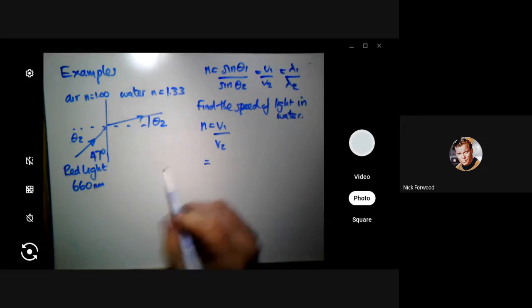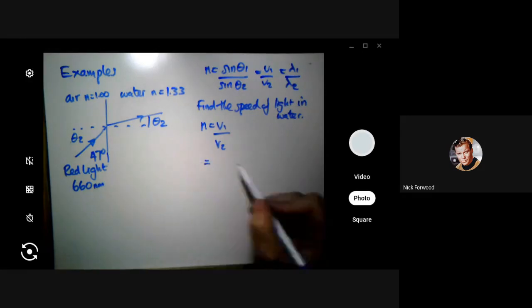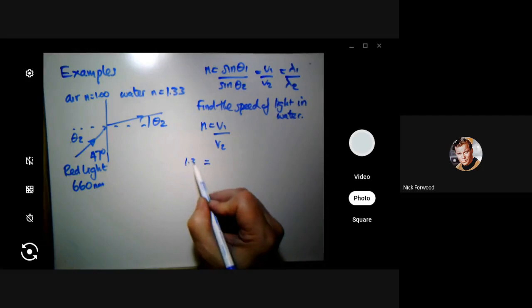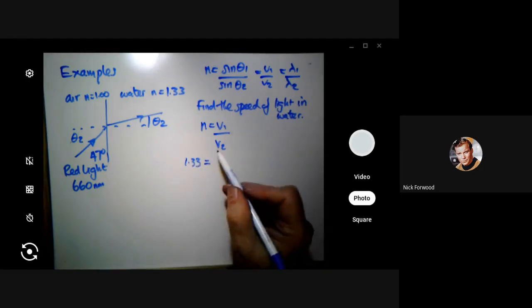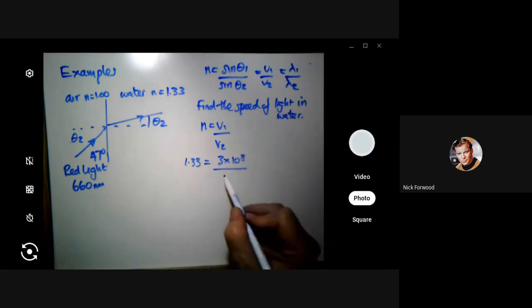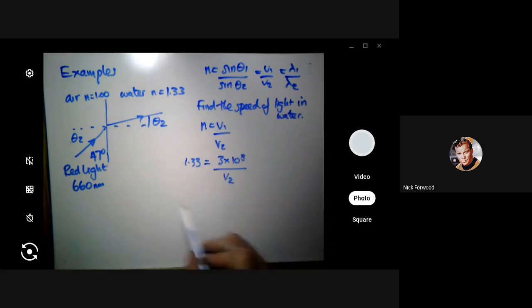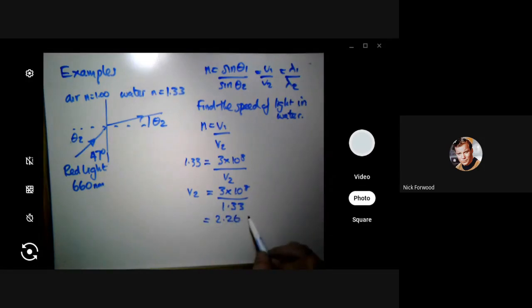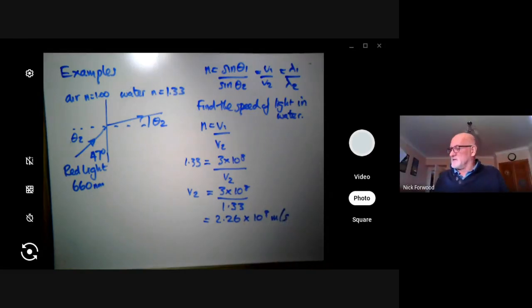So what have we got? We've got n, which is 1.33. Again, write down the formula, 1.33. We know the speed of light is 3 times 10 to the power of 8, the speed of light in air, and we want to find the speed of light in the water. We can then do some cross multiplying, rearranging for v2, 3 times 10 to the power of 8 divided by 1.33, and we'll get our number, which we are expecting to get anyway, 2.26 times 10 to the power of 8 meters per second. We're expecting to get that because we did that right back at the start,